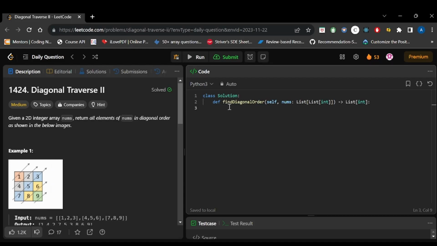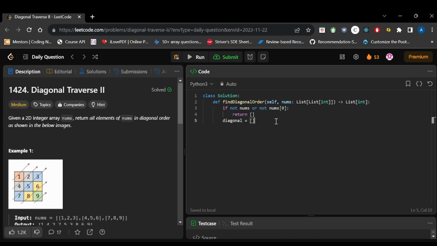So the first step is declaring a diagonal list array. Now we check whether nums exists or not. If not nums, or not nums 0, we will just return an empty array.